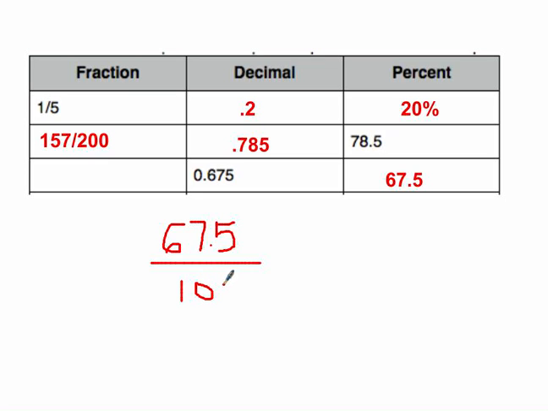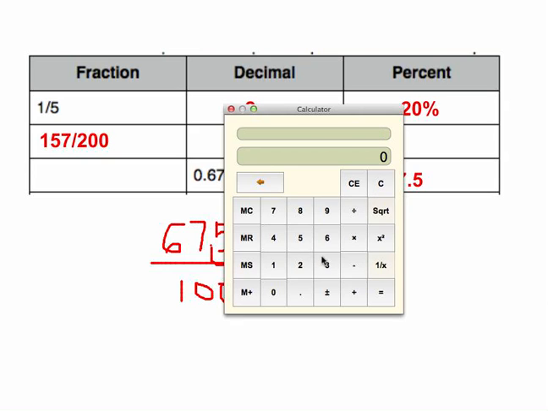But I don't want to write that in fraction form because I don't want to put decimals in there. So let's make it 10 times bigger. So move this decimal over here. So it's 675 per 1,000. Once again, we see we can divide each side by 5. So we know 1,000 divided by 5 is 200. 675 divided by 5